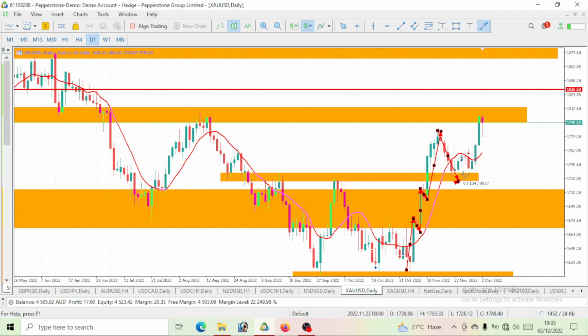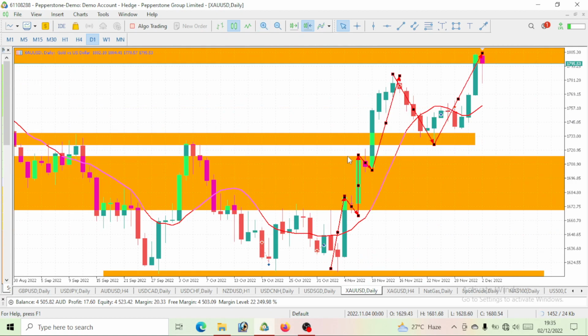And I told you guys a new ice needs to be made. Guess what? A new ice has been made that broke this previous ice. So when you take a look at this, you see ice, pullback, new ice has been made that broke this previous ice, pullback, new ice was made here, broke this previous ice, right? A pullback was made, and again a new ice has been made that broke this ice. So it makes sense for us to actually have a pullback at this level, right?